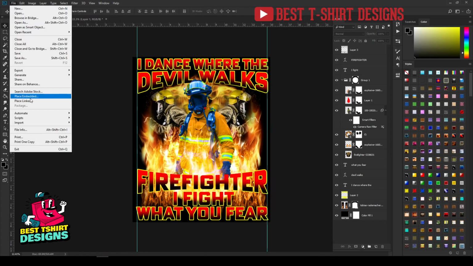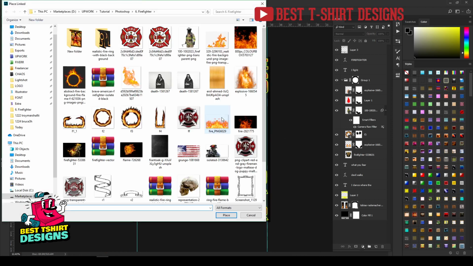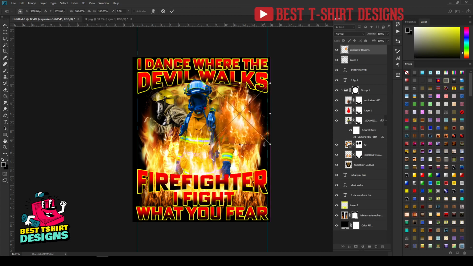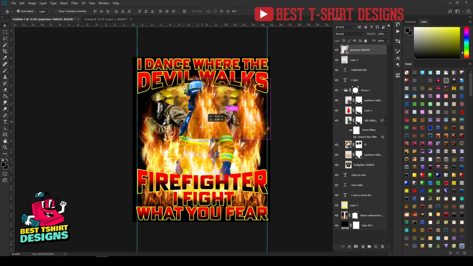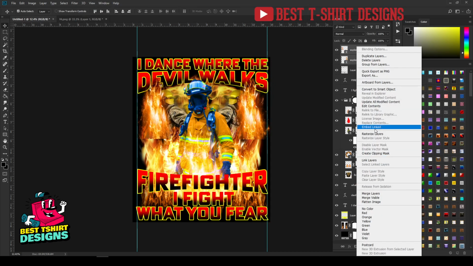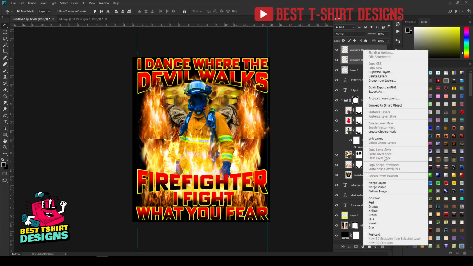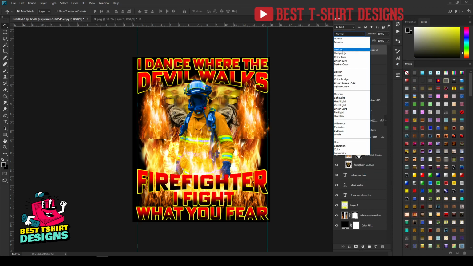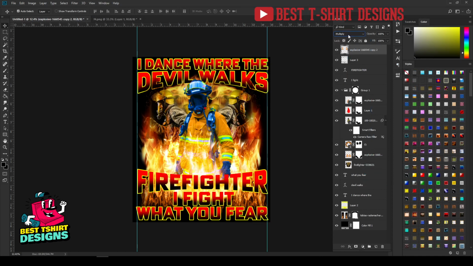And for this area I just want to create some more fire effect so that it looks a bit cool looking, kind of this. Don't worry about how it is looking right now. Let's just bring a copy here, and these two I want to select together, rasterize them, then of course merge layer so that it looks like this, and then I want to blend it with my firefighters.